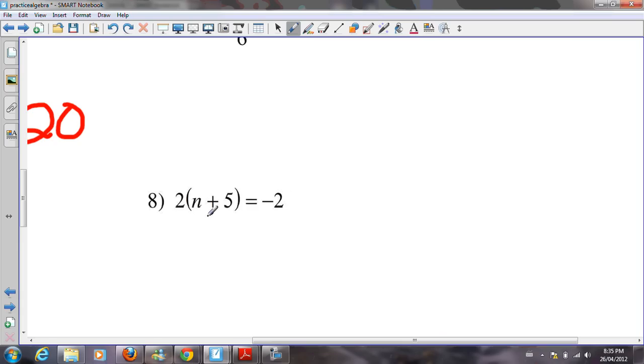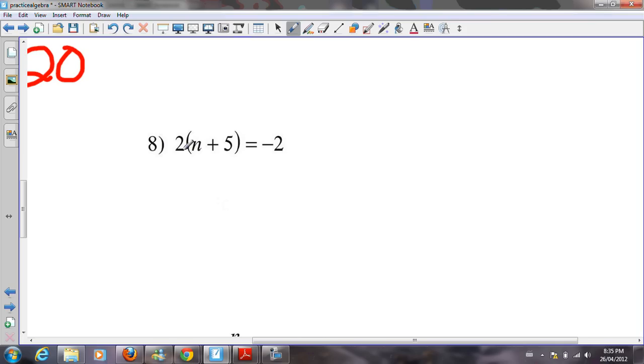And I think I'll try this one that already has a 1 here. So this one here is 2 and then bracket n plus 5. Now you could go ahead and work it all out, but there's really no need. All you need to think about is, how do I get rid of this 2 times all this stuff on that side? And the easiest way is to just divide it by 2, and that'll cancel out that. But if you do it to this side of the equation, you must divide the other side by 2. So we're left with n plus 5